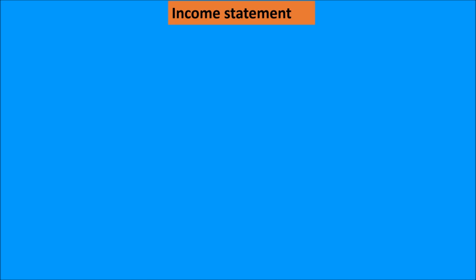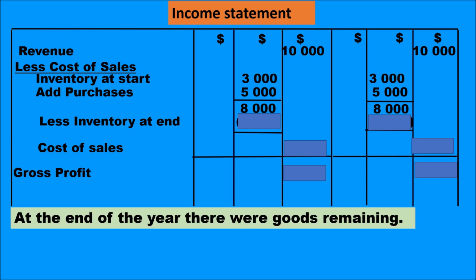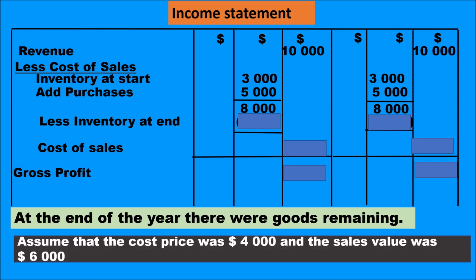Let us look at the income statement extract which is given, where at the end of the year there were goods remaining. Assume that the cost price was $4,000 and the sales value was $6,000. If we value inventory at cost price, that would be $4,000 as closing inventory, giving a cost of sales of $4,000, which we deduct from revenue, giving a gross profit